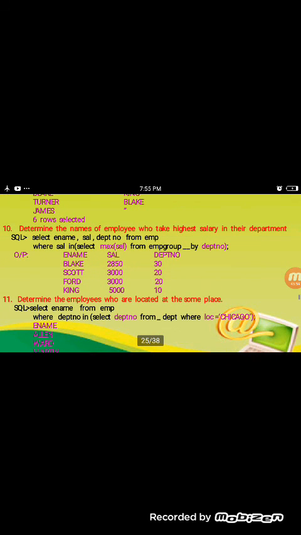After that, determine the names of employees who take the highest salary in their department: select maximum salary from employee group by department number. Employee name, salary and department number will be displayed.